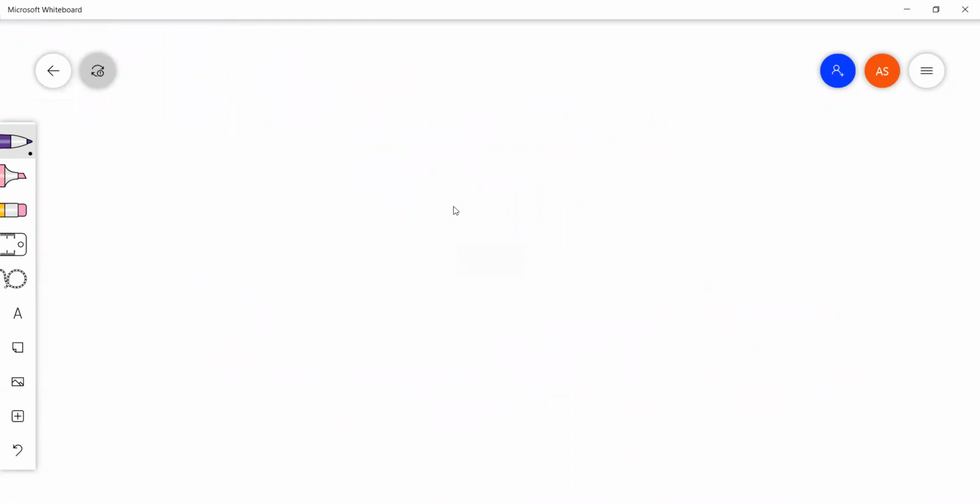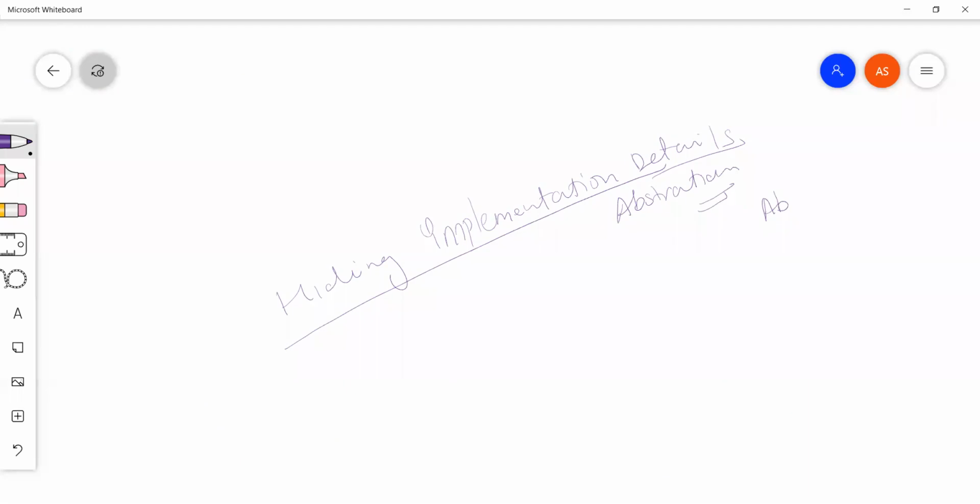There are two things. Hiding implementation details, that is abstraction. How will we do that in code? We'll be using abstract classes and interfaces, and we'll see what the differences are and when to use which one.